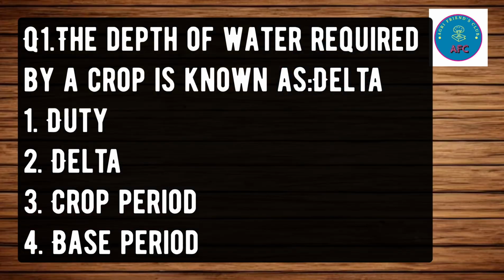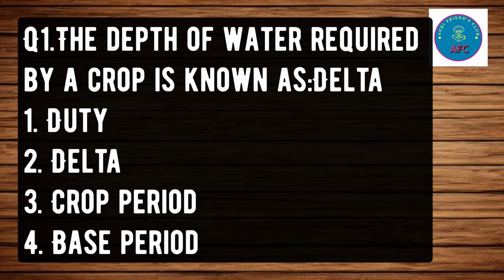The first question is: the depth of water required by a crop is known as? The options are duty, delta, crop period or base period. तो इसका सही आंसर है डेल्टा। ड्यूटी, क्रॉप पीरियड और बेस पीरियड क्या है ये हम वीडियो के एंड में आपके साथ डिस्कशन करेंगे। With this,